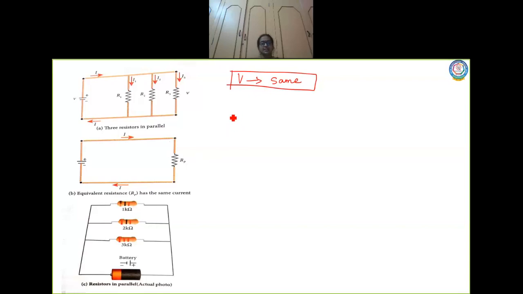So the total, because here as I said, when it is connected to a battery, the current coming out from this is I. But when coming to this point, now here the current is getting distributed, right? So in that case, I will have the total value of current I as I1 plus I2 plus I3. Is it clear? Now let me write what is I1, children. I1 is V by R1. Similarly, I2 equal to V by R2 and I3 equal to V by R3.